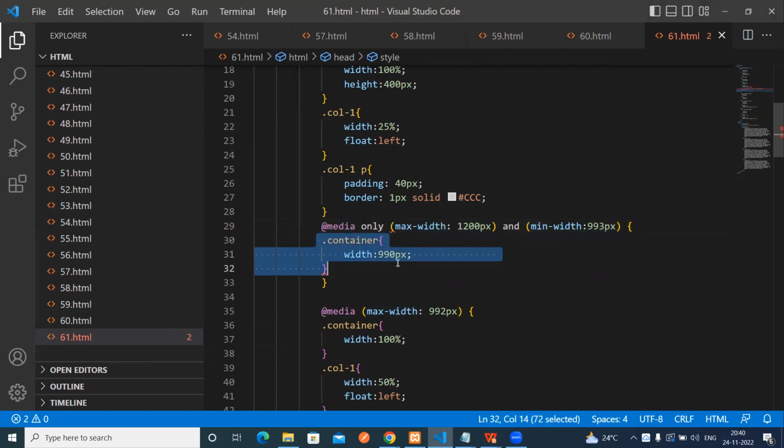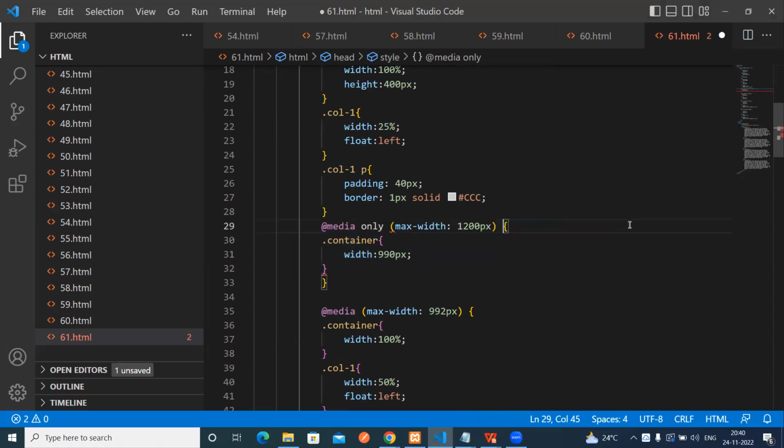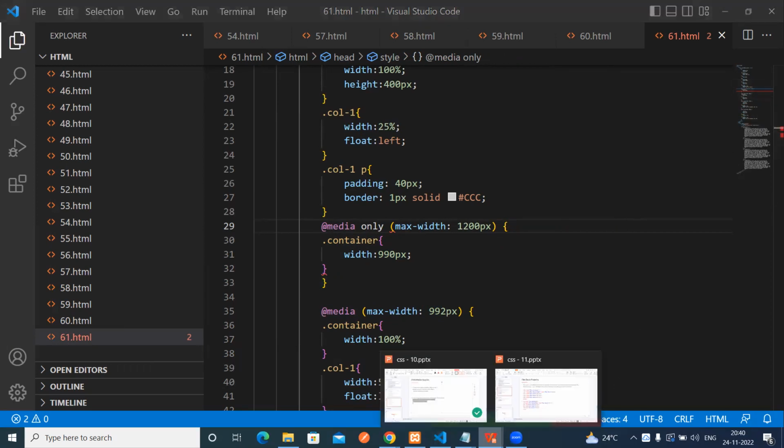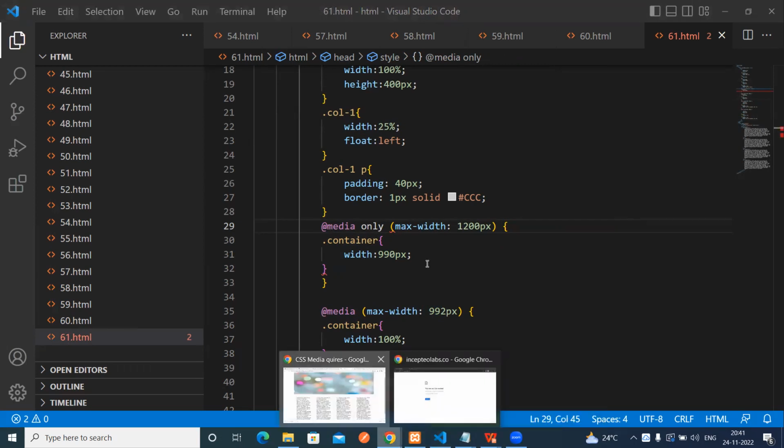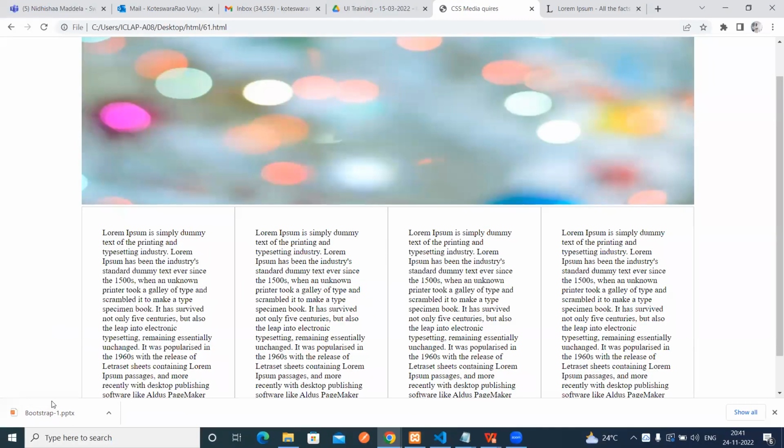After this, if you write any max width, that means 992 up to 993, only this width it will apply. So no need to write min width again; there is no use. You can write only max width or min width, any one you choose, then you can start media queries. This is the way we can write the media queries. The next one, now you can see, here if you inspect element,